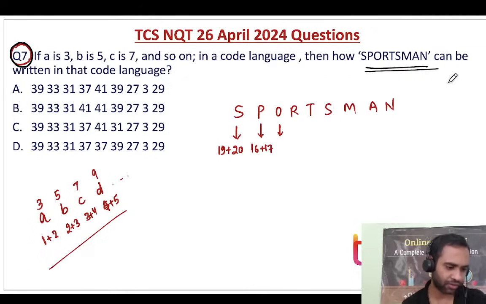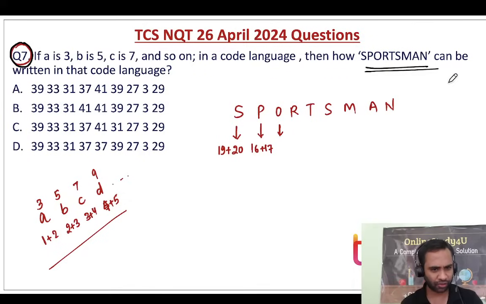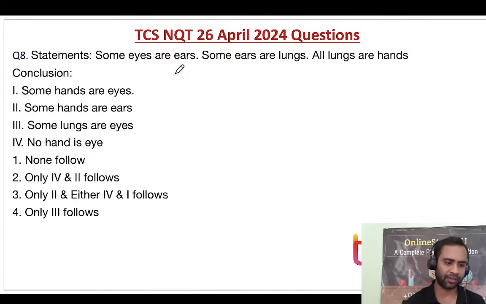See, what I am telling is the logic is the same, right? Coding-decoding is basically related to position. Now here you need positions, right? The alphabet questions were really tough, so you can put the questions. If you know what the question is, please put it. I am ready to solve your question, but we definitely need to know the question. If you are getting the pattern, we are trying to solve it, right? Now this particular question, you got the logic here. Option A will be the correct answer for this problem. Now question number 8.